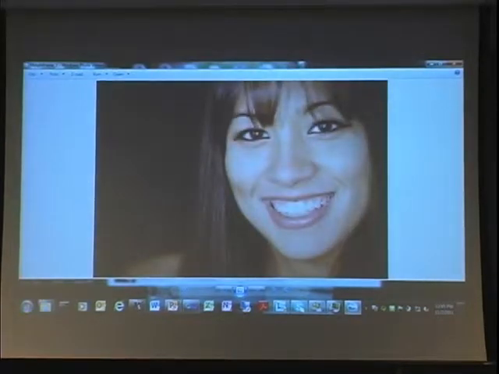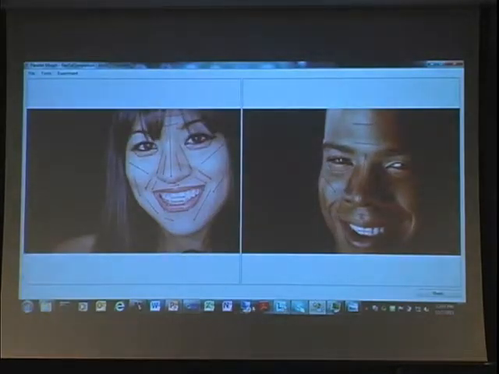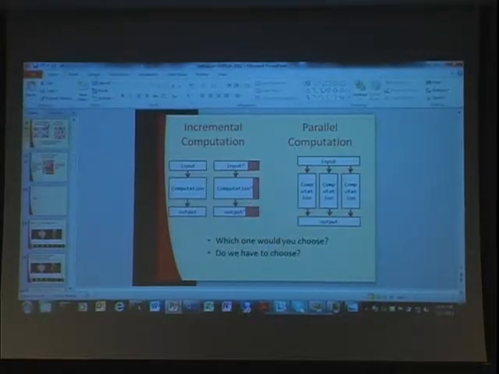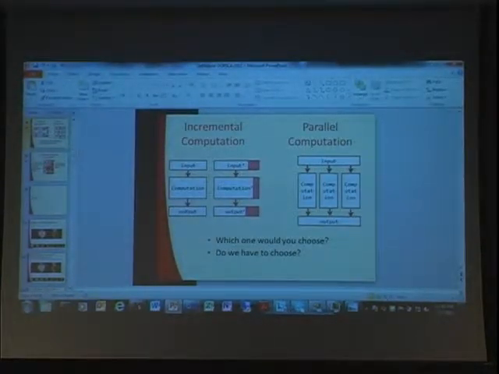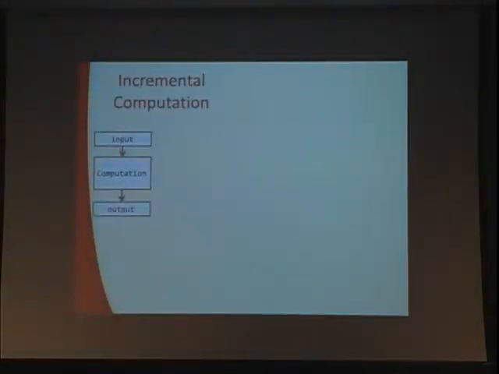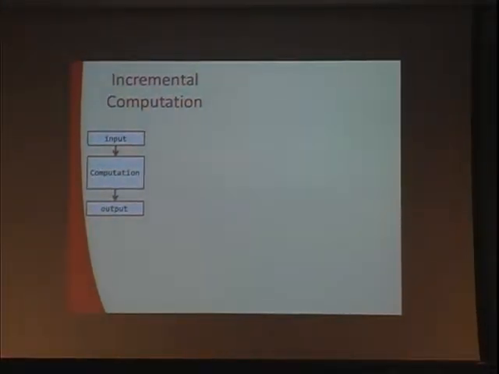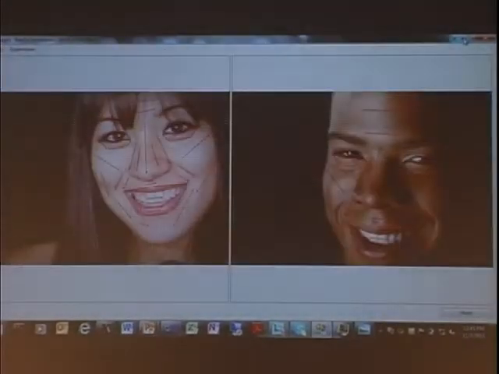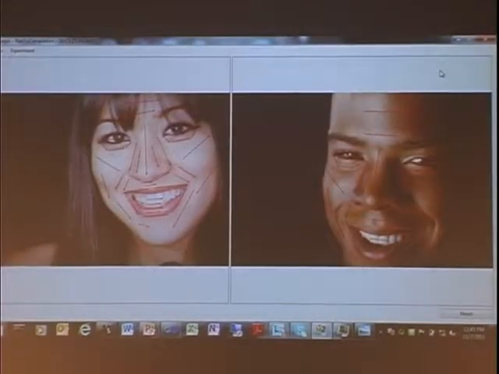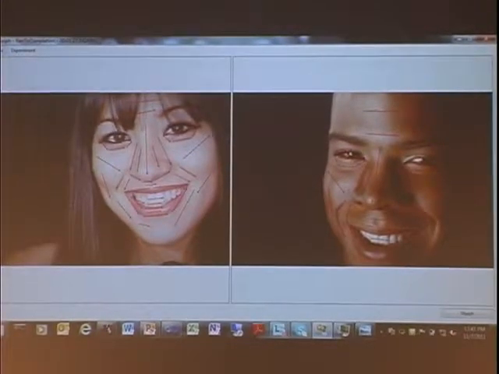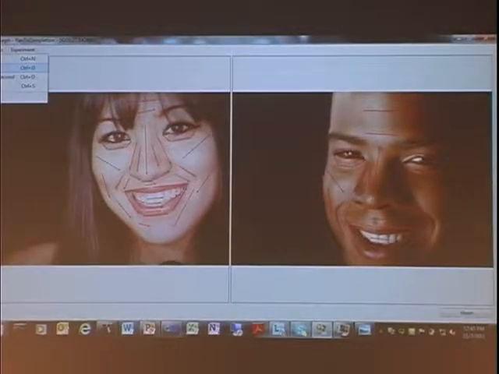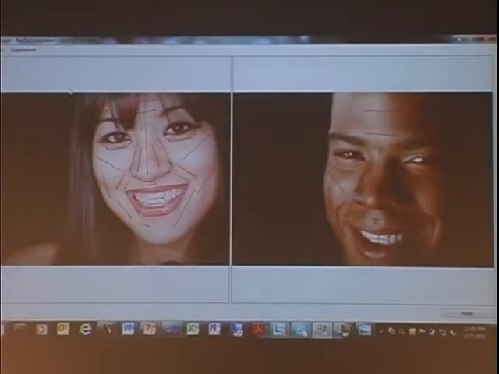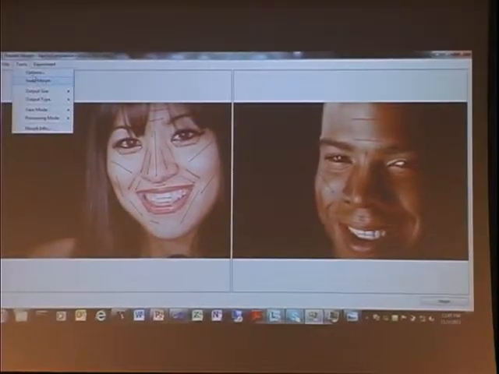Okay, so that was our initial run, right? What did we just see? We just saw this part. Right, now what's happened in the background is our system has actually cached a lot of the intermediate results and the dependencies between them. And now what I'm going to do is I'm going to open a second morph, and that morph has a slight modification.